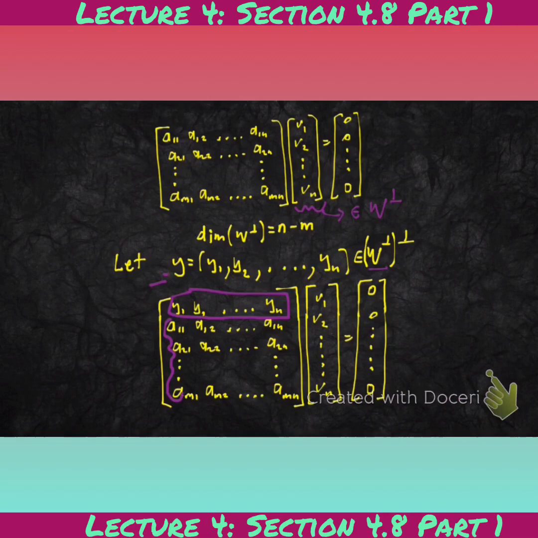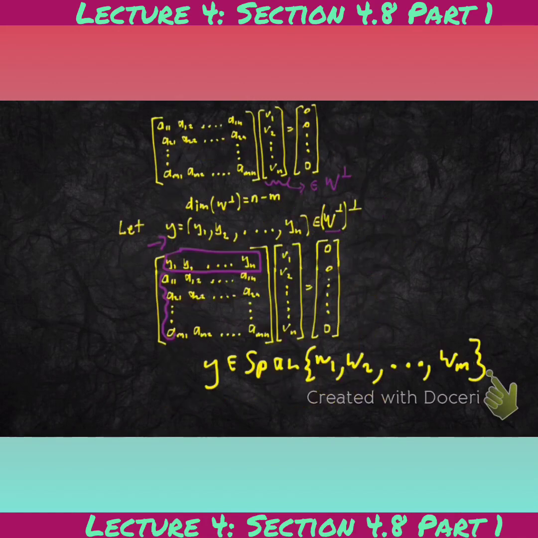So what does that mean? It means that this vector here is in the span of those vectors, which we said was the set W. So we've proven that whenever a vector y is in the orthogonal complement of this whole set here, then it must in actual fact be in W. So the orthogonal complement of the orthogonal complement of W is